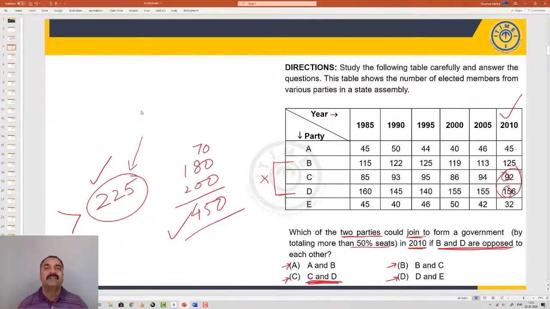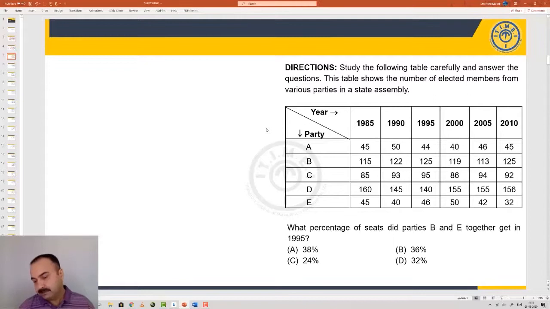Because it's a multiple choice question, only one answer is correct. Therefore, we do not have to spend extra time on trying to check D and E. But for the sake of the class, we'll try and see how D and E would be wrong. Let's combine D and E. So now we are looking at addition of 150 something with 30 something. And 150 and 30 would lead to 180 only. 180 doesn't come close to 225, leave alone crossing it. Therefore, the correct answer is option C. Let's go to the next question.